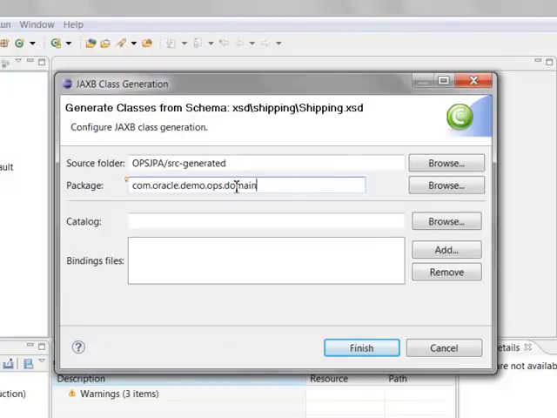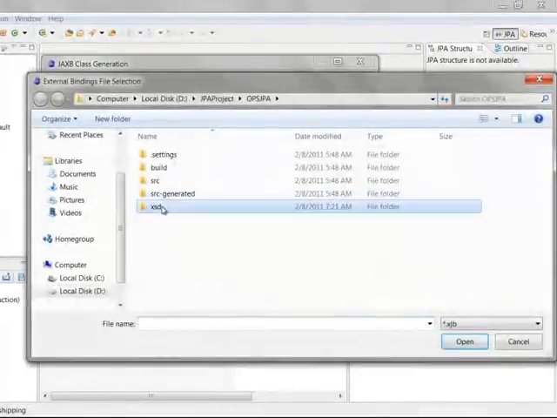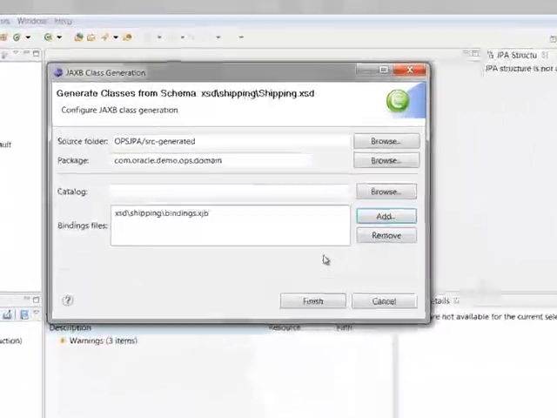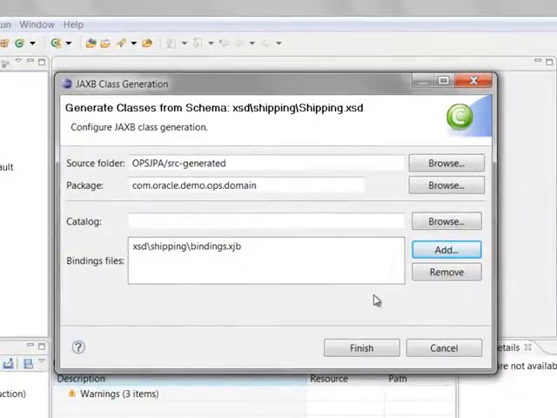There's also a bindings file included with the resources. Be sure to include that here as well. The bindings file is found under XSD, Shipping, and bindings.xjb. The purpose for the bindings.xjb file is that by default, the JAXB parser creates an XML Gregorian calendar class. What we want to do is replace that with the standard Java util calendar class. And this bindings.xjb file, as a result, creates an adapter class that replaces the calendar class that's required for our code. We will then click on Finish,